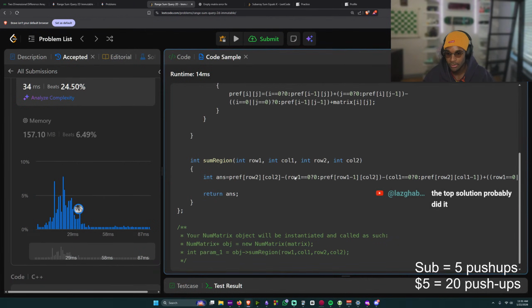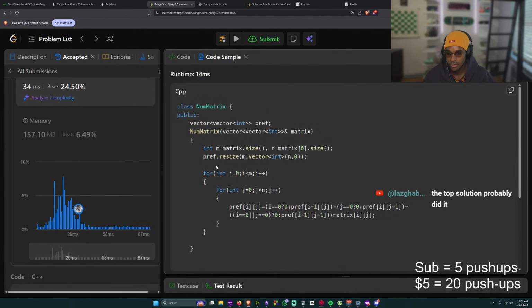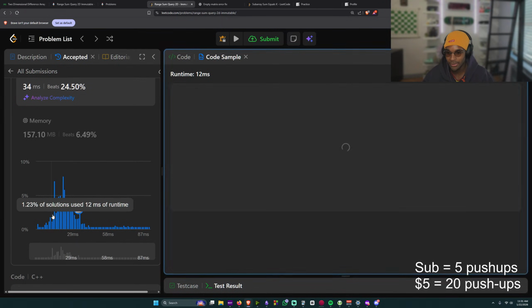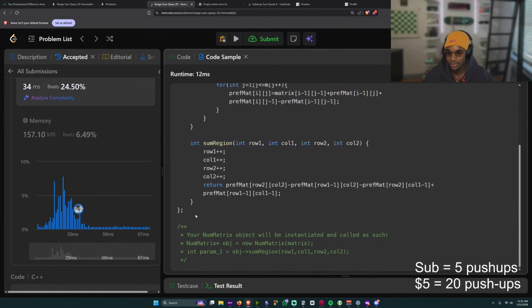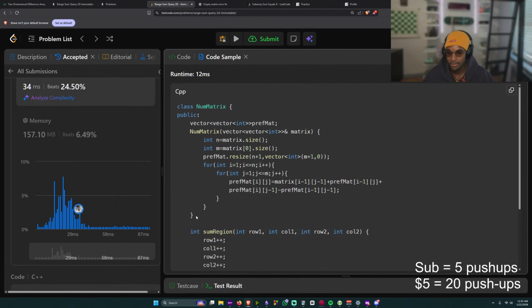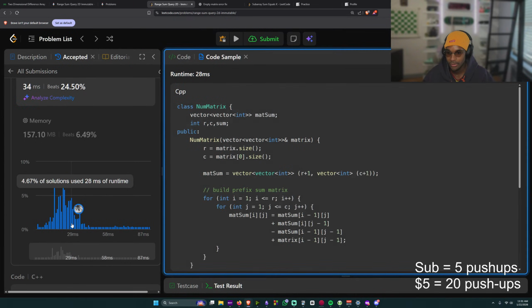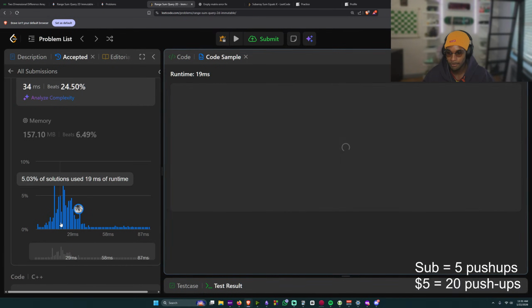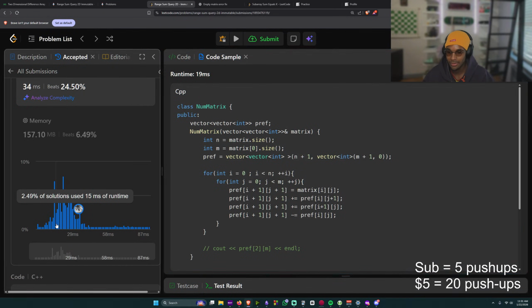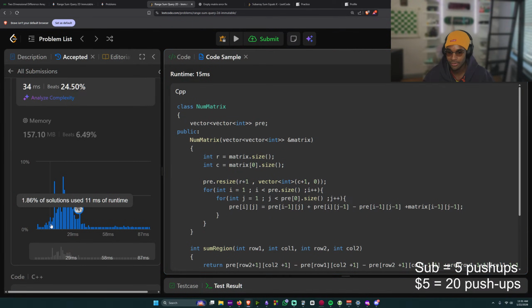Let's see. No spaces, nothing. Jesus Christ, who writes code like this? Resize? I don't even know what that does. What type of optimizations are they doing?